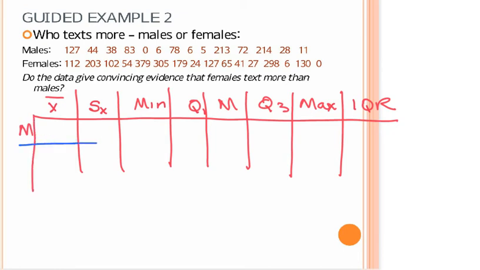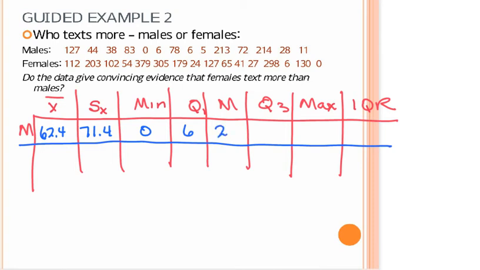Let's just draw this line here. Let's see, males. The average number of texts is 62.4. The standard deviation is 71.4. The minimum is 0. Quartile 1 is 6. We have 28. Then 83, 214, and an IQR of 77. For females,